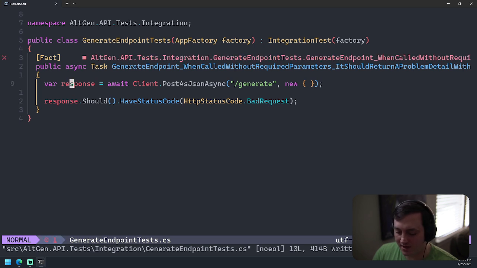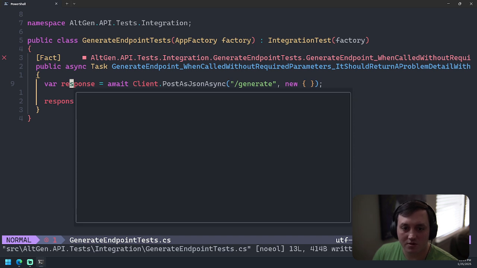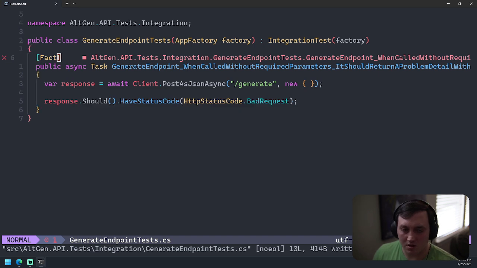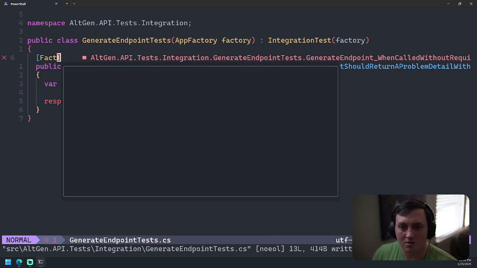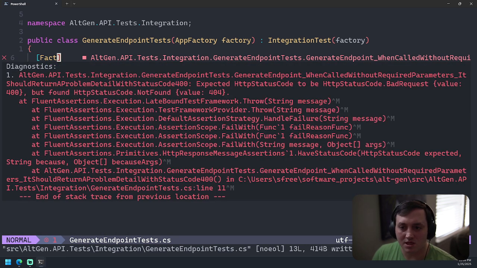And if we look at why it failed, leader TO, the expected HTTP status code to be HTTP bad request, but found 404, which is what we expect because we haven't actually done anything with that endpoint.